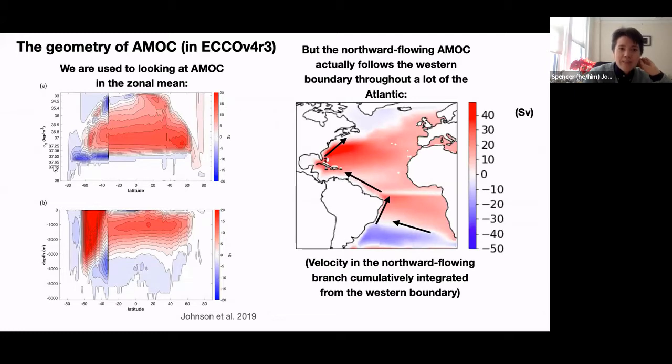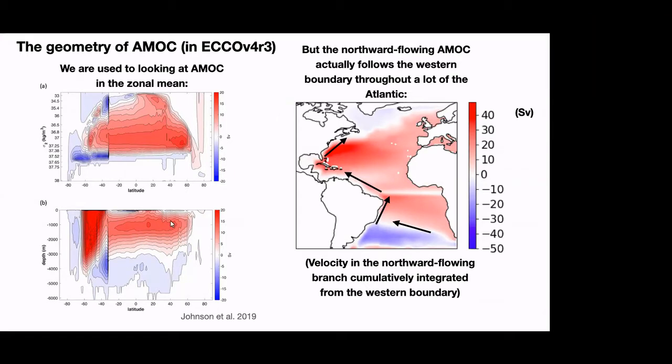So this is the overturning in Echo V4R3, and we often think about the overturning in the zonal mean, right? So this is in density space, density and latitude, and this is the AMOC in Echo V4R3, or you can look at it in depth coordinates. This is depth and latitude, and this is the overturning. But in reality, right, the northward flow